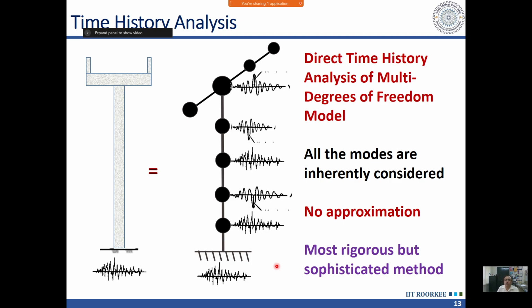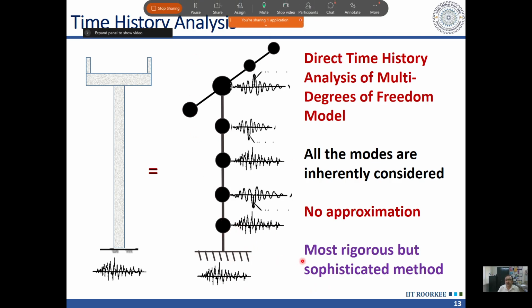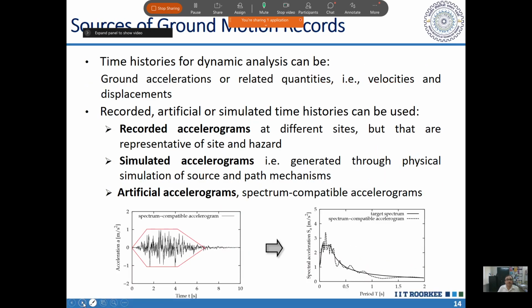For nonlinear, if I want to consider the nonlinear behavior of the structures, then I have to extend it to nonlinear time history analysis. So nonlinear time history analysis gives us the most realistic response of the structure during earthquake. But if I am not interested in nonlinear analysis, I am considering the effect of nonlinearity indirectly, which we discussed yesterday in the form of response reduction factor, then I can go for this linear or elastic time history analysis, and this is the most accurate among these methods which we have discussed.